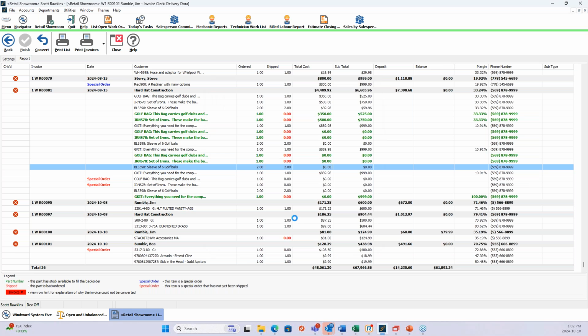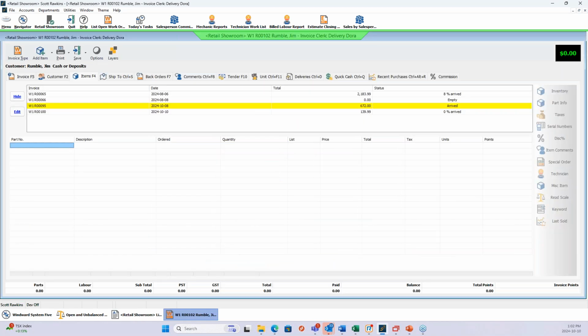Now in Windward, a few things are just important to know about a work order. A work order is considered a work in progress. So it's used for any time that the customer is ordering product from you, and there'll be some sort of wait, either in the product being ordered or in the product being delivered or picked up. And when you put product on a work order,